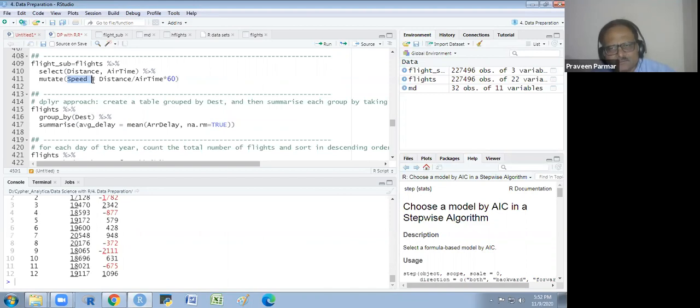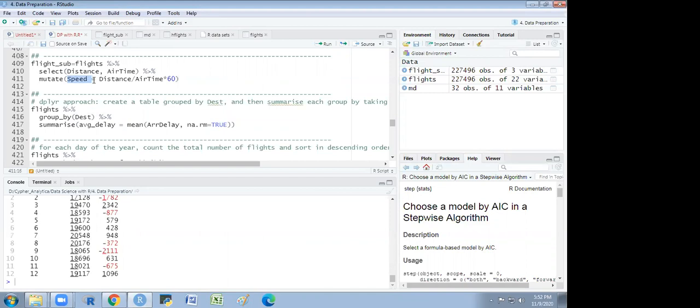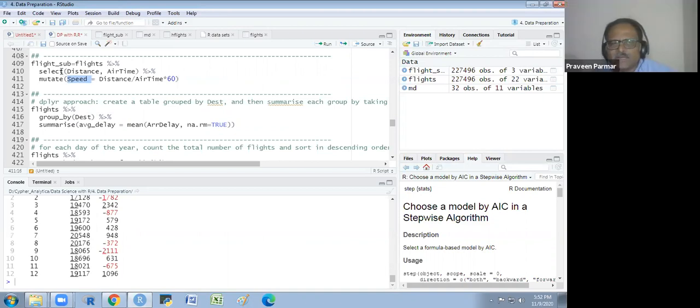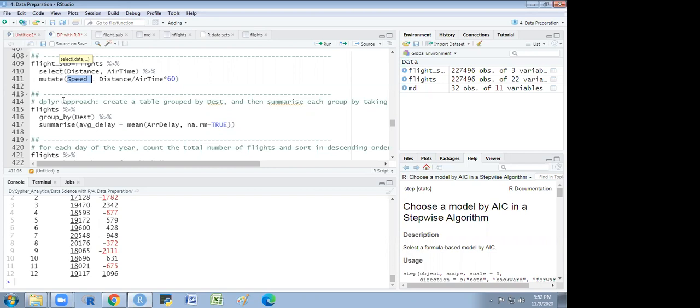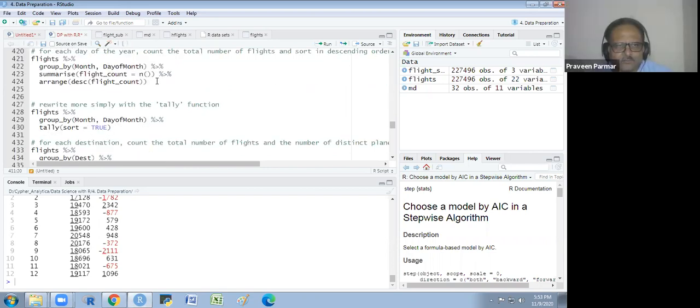The speed we have created, a new one. So that was the mutate. Whenever we create a new column with the help of old columns, we are not just creating a totally new column. That is adding a column, not a mutation. Mutation is when we take help from our existing column, do some multiplication or some operation, and then get this new column. It's not totally new.